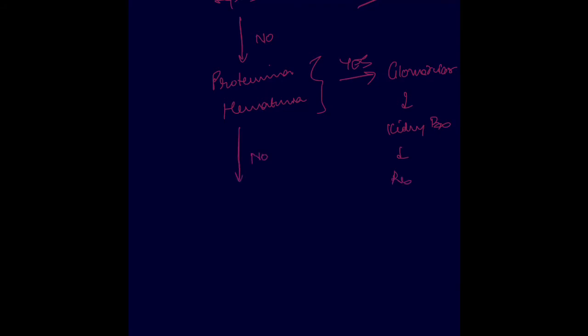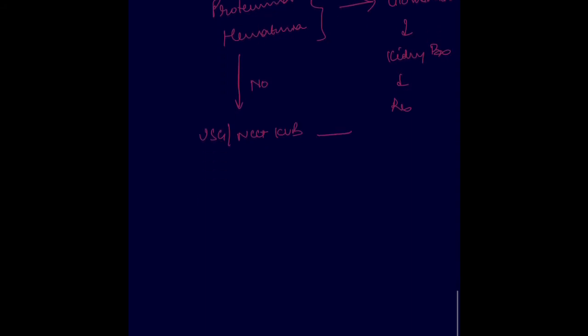If even there is no proteinuria, hematuria, go for ultrasound or NCCT KUB, kidney urinary bladder. If you find any defect or any abnormality, then it is obstructive uropathy,